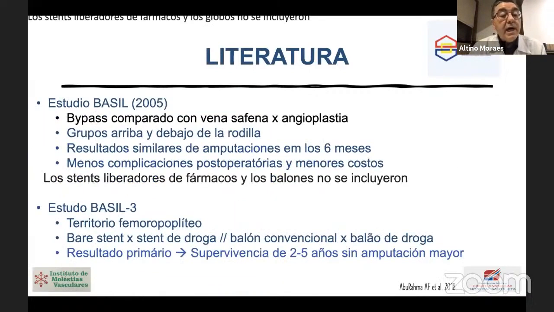O estudo Basel é bypass comparado com veia safena versus angioplastia, grupos acima e abaixo do joelho, resultados similares de amputações aos 6 meses, menos complicações pós-operatórias e menores custos para o grupo de cirurgia. E os stents liberadores de fármacos e os balões não se incluíram neste estudo. Porém, o estudo Basel é o território femoropoplíteo, onde comparou bare stent e stent de droga e balão convencional versus balão de droga. O resultado primário, que era o objetivo principal, era uma sobrevida de 2 a 5 anos sem amputação